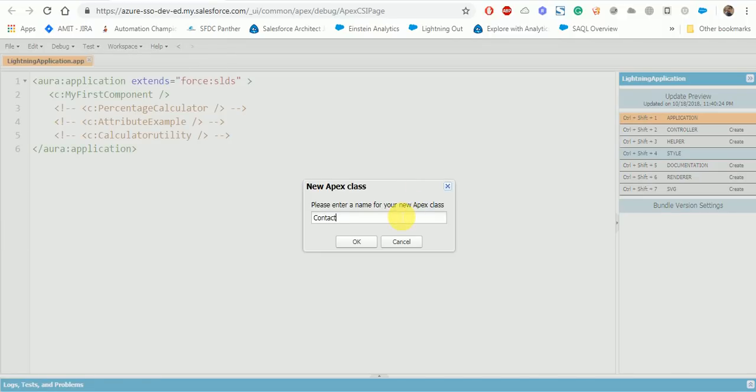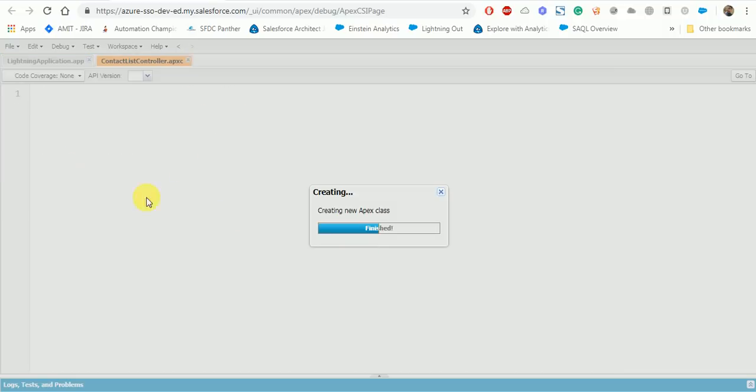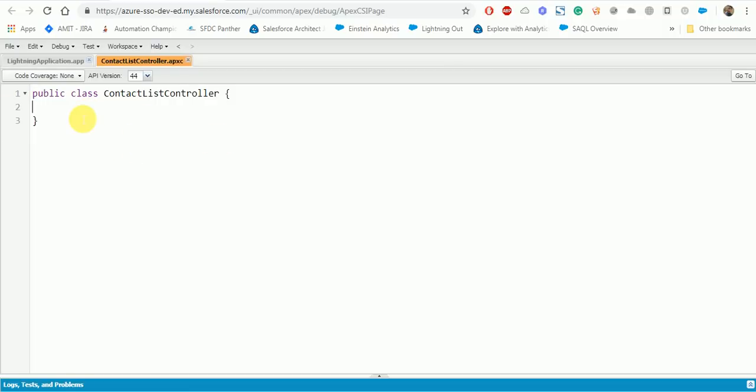I must say that there are no prerequisites for the class, but if I am creating this class and I want to call a particular method inside the class, that method must be annotated with the AuraEnabled annotation,